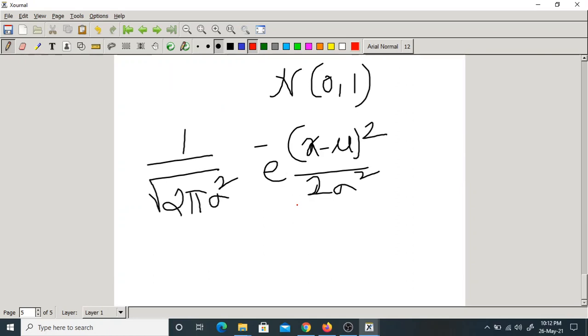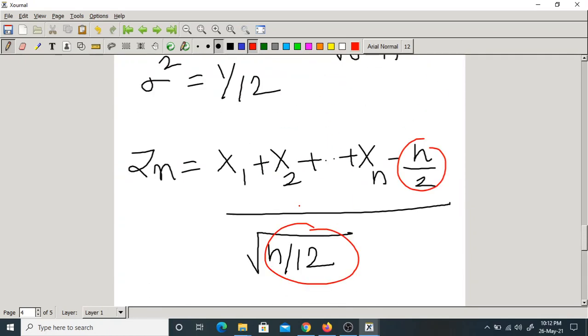Okay, now here I have taken the sum of all uniformly distributed random variables. You can take any distribution, irrespective of the distribution. If you find out the distribution of Zn, it follows Gaussian distribution. So that is the importance of the central limit theorem.